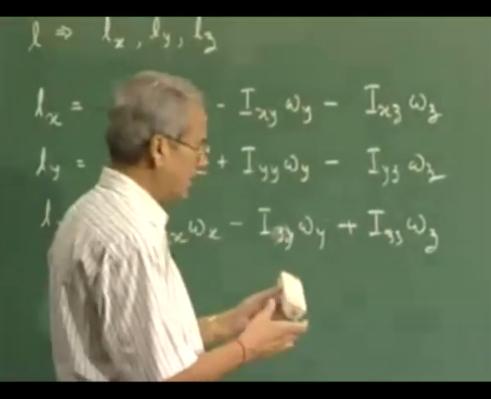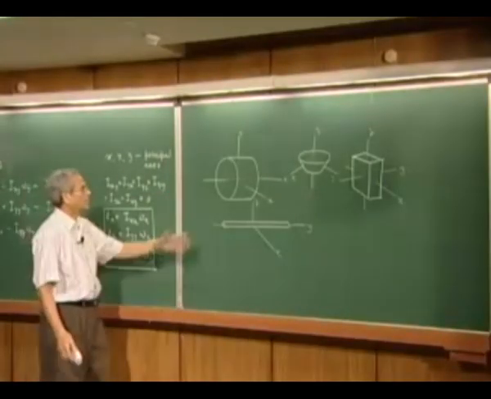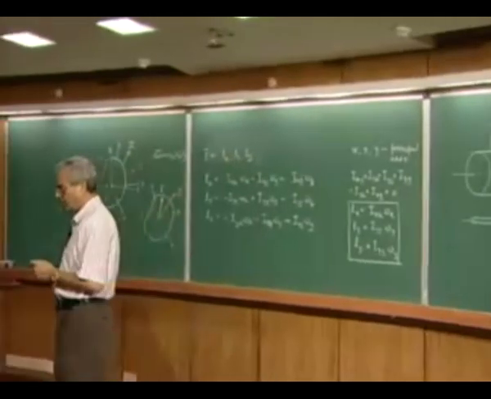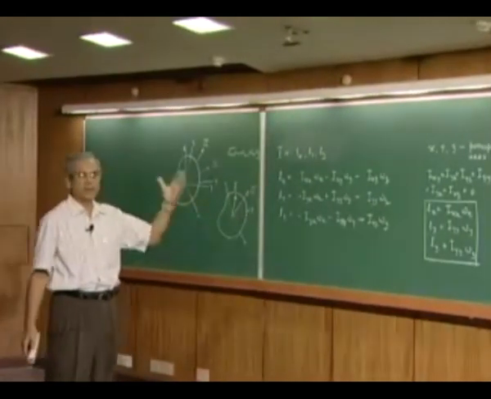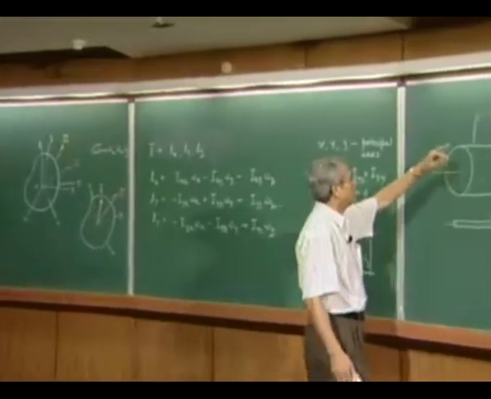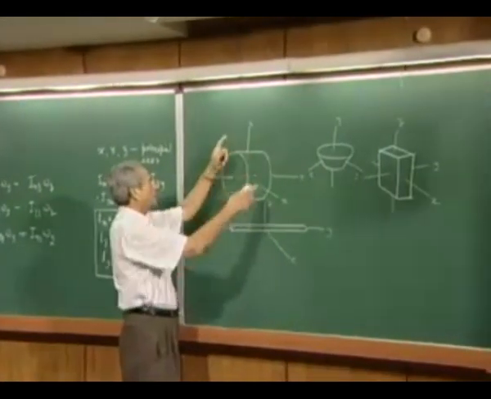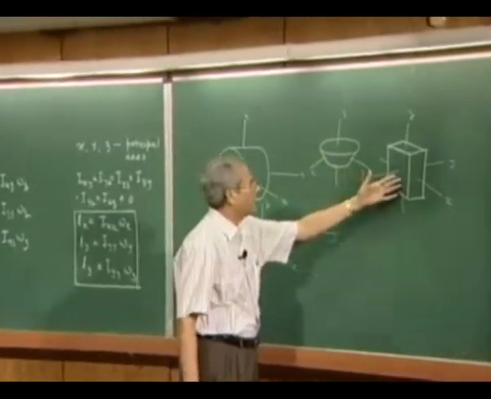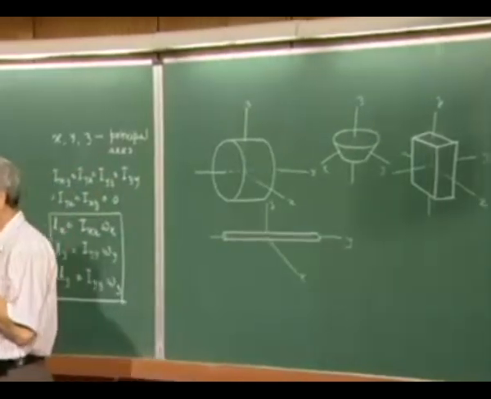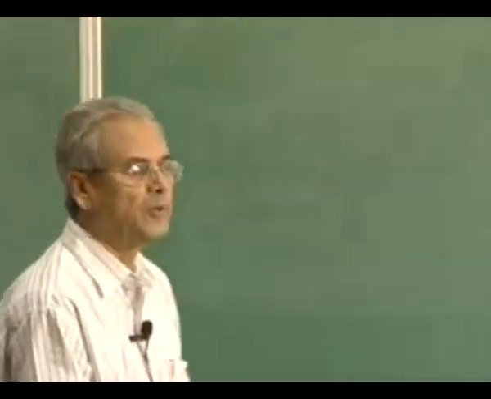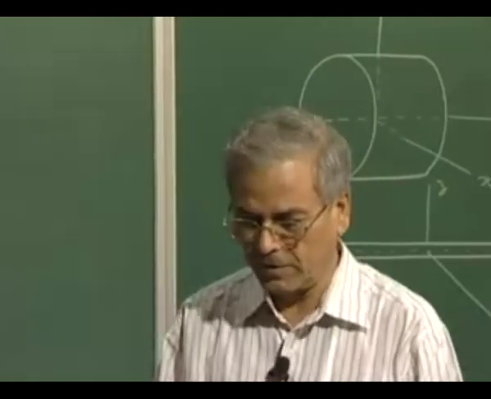In these cases again there are two types of objects. In one case the bodies are axisymmetric, where only one principal axis is fixed and the other two can be chosen, and the moment of inertia does not change when we vary this x and z along this direction. Same is the case here, but here the body has three unique directions which can be taken as principal axes. Now when we consider a body under external forces and moments,